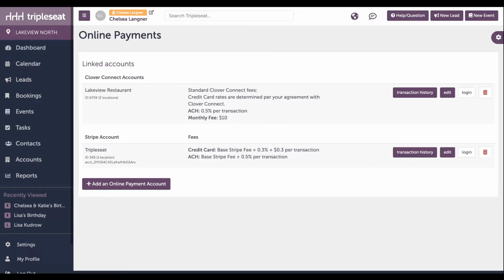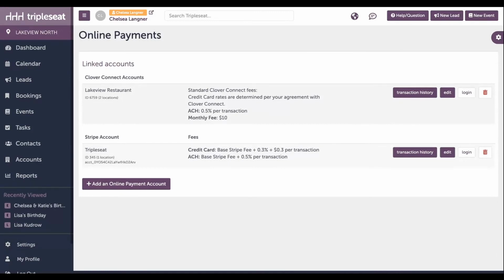And then once you have all of the account information, you would basically just click on either Clover Connect or Stripe. It's going to ask you for some qualifying info, your account information. It's going to ask you for the location info. And then once you go ahead and sync that up, this is what it's going to look like for you. So this is where you would find your online payment account information. Other than that, in settings, this is really where you would see the info, and then the transaction history report,